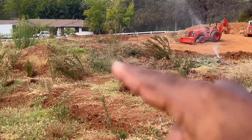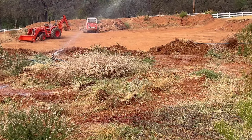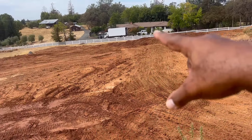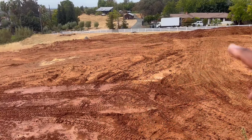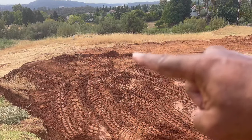So we're gonna go up on that hill and I can get a better bird's eye view of the pond. We're standing up on the lip, and as you can see, this is the pond. I'm gonna draw it out for you, okay? Bog filter. Out over here in this area, it's gonna be like a 30 by 30 feet bog filter. Insane, all right? The edge of the pond, here,